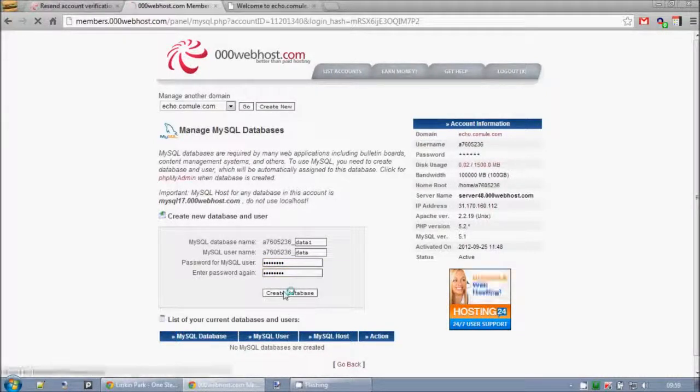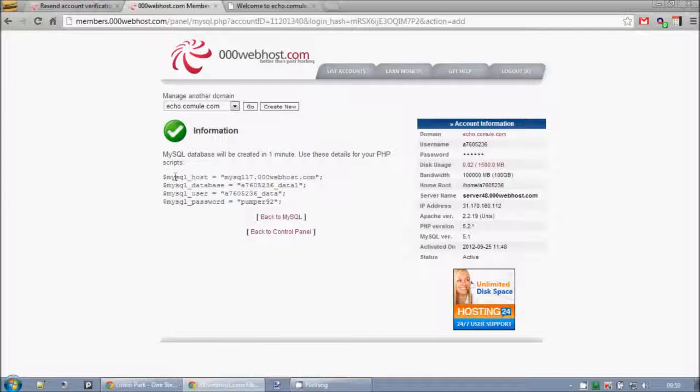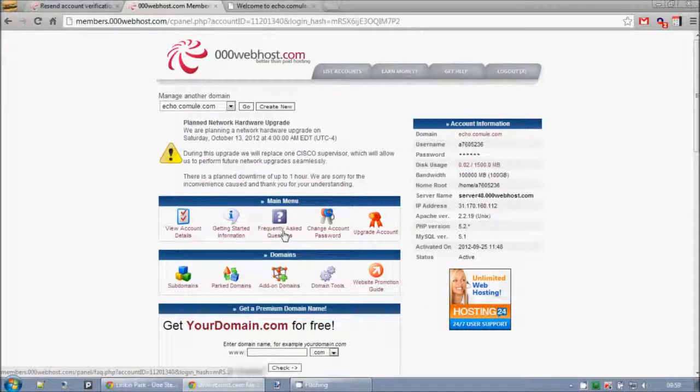So we're going to go create account, or create database. I'll have all the details here, which if you're doing PHP, you could copy this script into a connect, and it will work fine. I recommend using a define instead of a MySQL underscore host, but different people do different things. So once we want to go back to control panel, it may take up to a minute for the